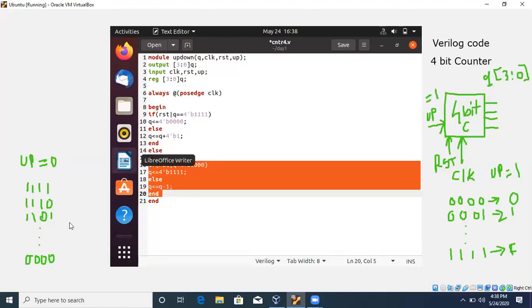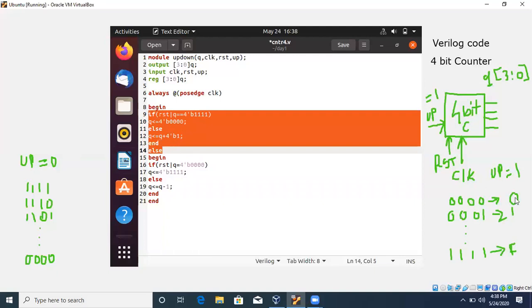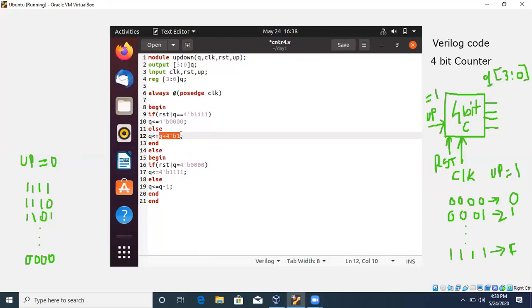So for this down counter, this code we have to use, and for the above case, which is the up counter, counting from 0 to F, we are using incrementation here, Q plus 4'b1. So this will end our module. This if else, then the second if else, we are using for decrementing the value.